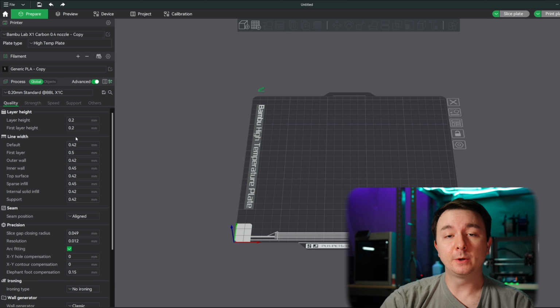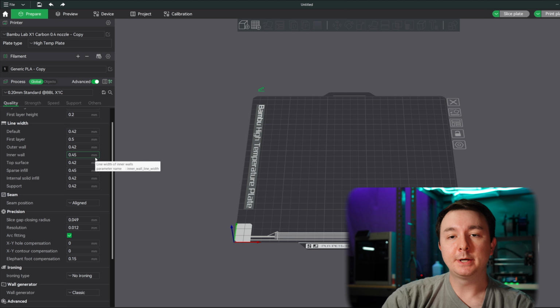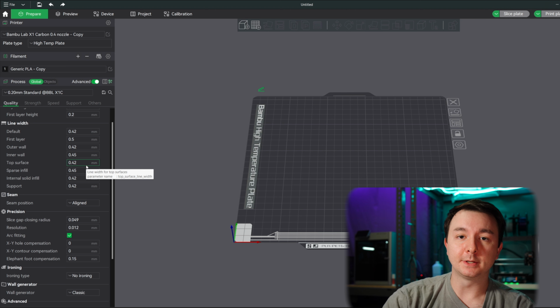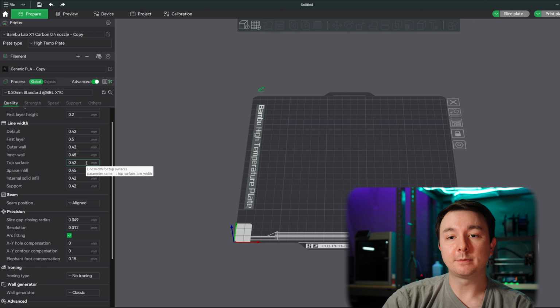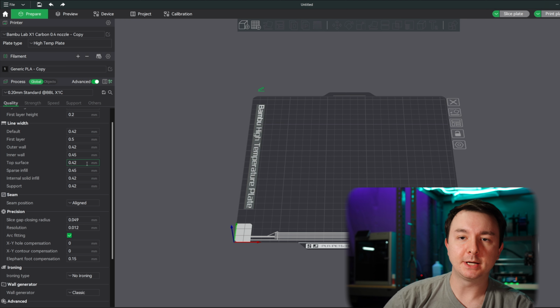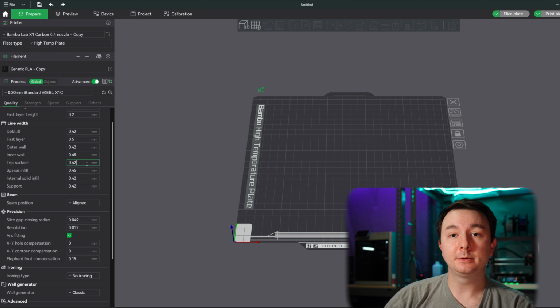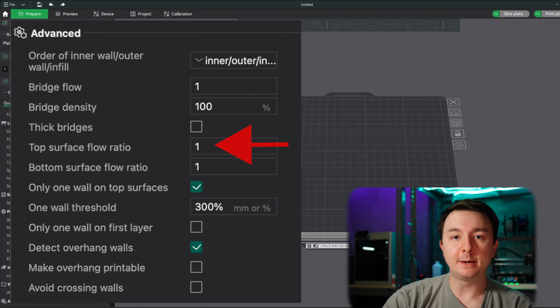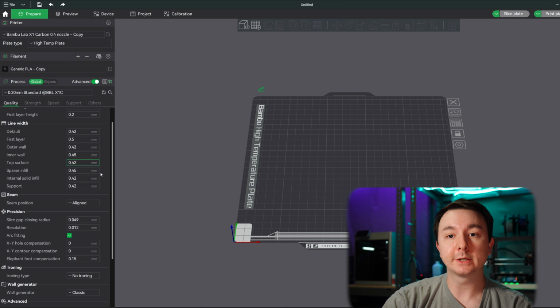Starting off here in the quality tab, I will actually sometimes change some of my extrusion widths, particularly on the top surface. I will sometimes change this from the default 0.42 to maybe something wider, depending on how I want my top surface to look. You could also do something similar with ironing. It just depends on what your print calls for and what you see after you print it, and if you want to change something. You could also change this with your extrusion multiplier that I talked about in my previous videos, and you could also change this with top surface flow, but that's only in Orca Slicer, and it isn't